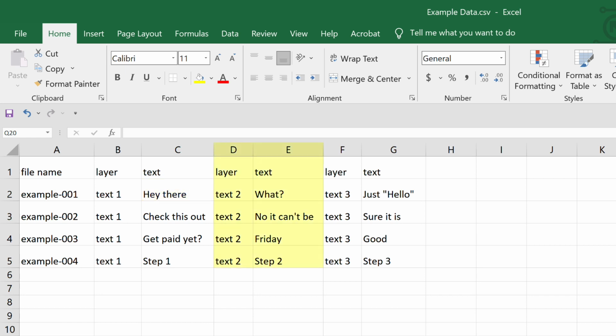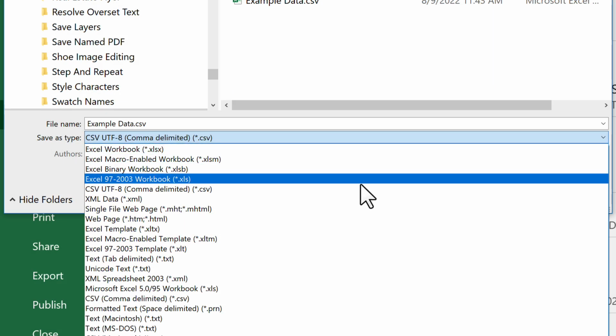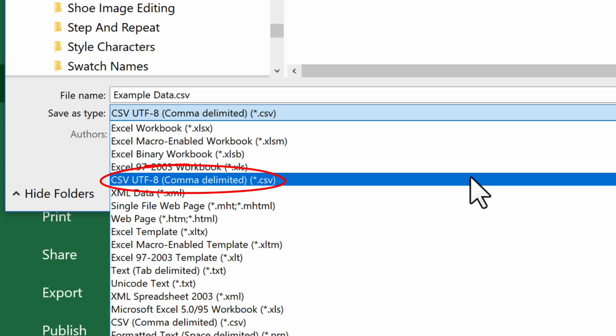For additional text layers, add another 2 columns, again layer and text, for the next layer name and content. Repeat another 2 columns for every layer to update. The script has no limit on the number of text layers possible. The only limit is how many layers Photoshop can handle. For this example, I'm updating 3 layers: Text 1, Text 2, and Text 3, and making 4 different images, each a row of the spreadsheet. Once the spreadsheet is ready, save it as comma-separated values, CSV.